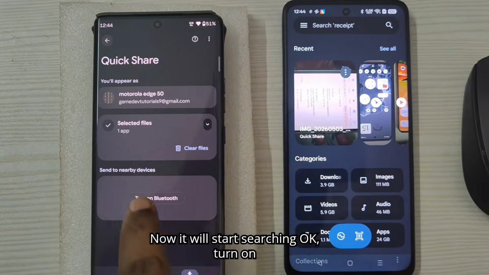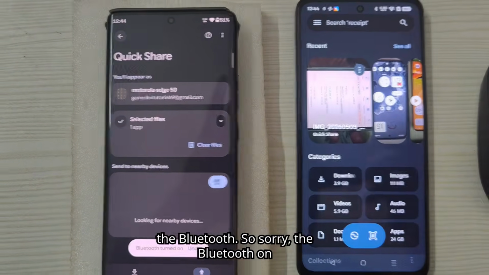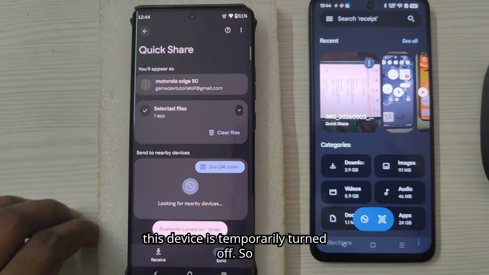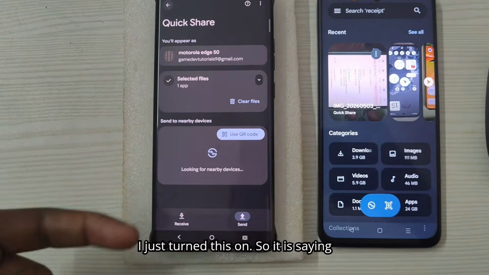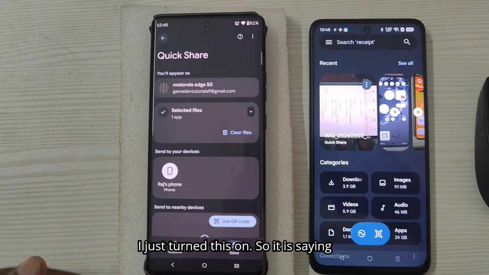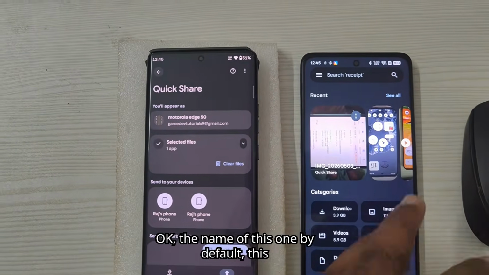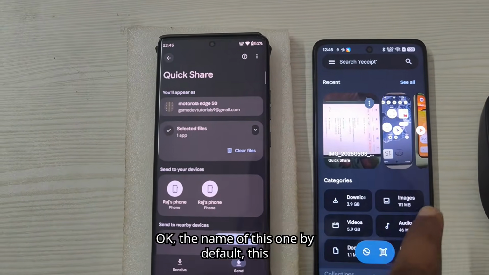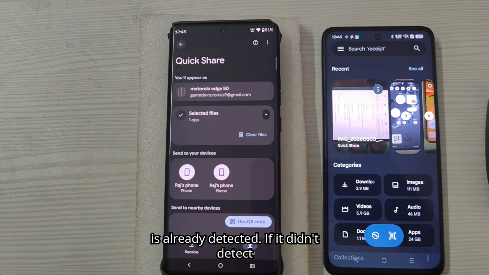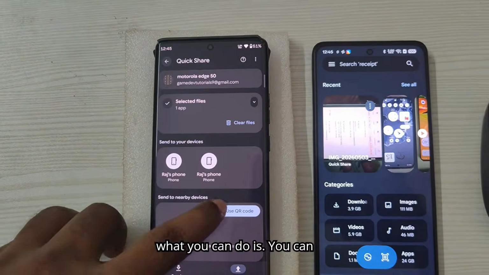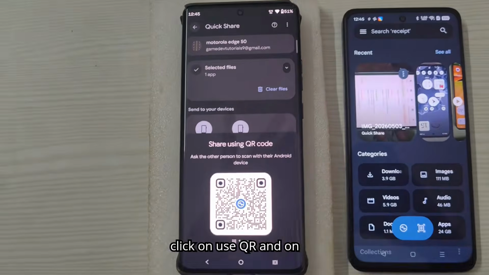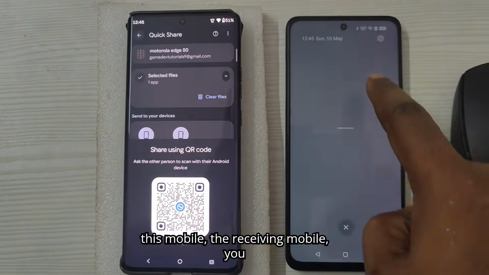So here, now it will start searching. Okay, turn on the Bluetooth. Sorry, the Bluetooth on this device was temporarily turned off, so I just turned this on. So it is saying, by default this is the Raj phone. Okay, the name of this phone is already detected by default. If it doesn't detect, what you can do is click on use QR, and on this mobile, the